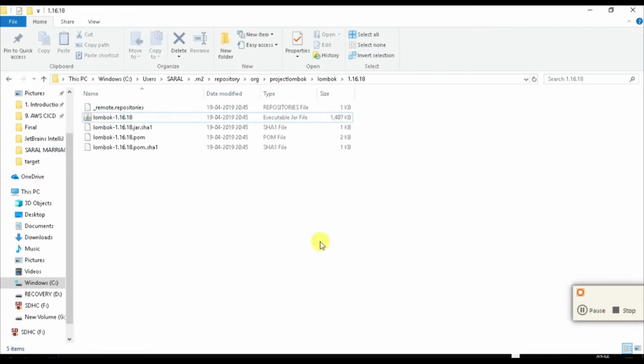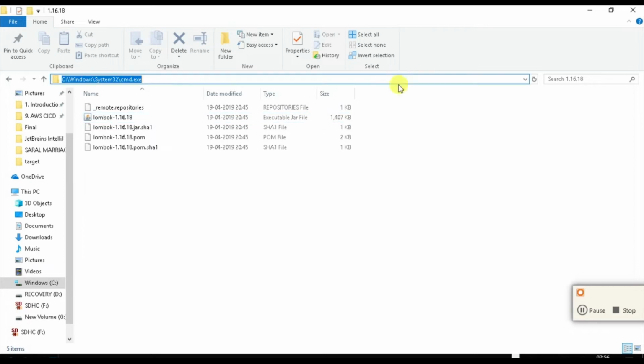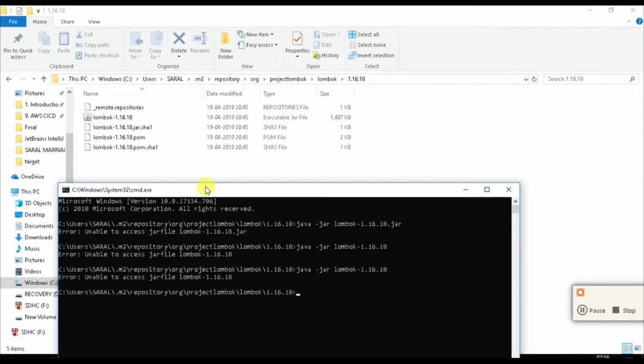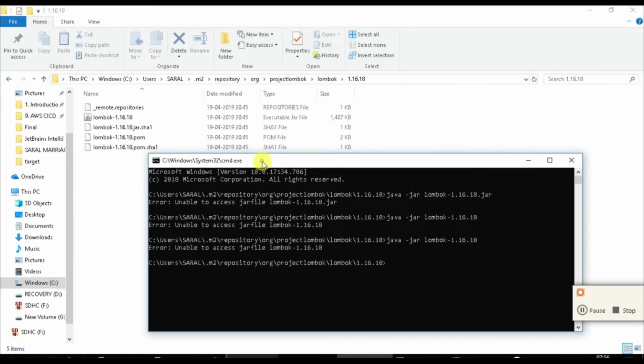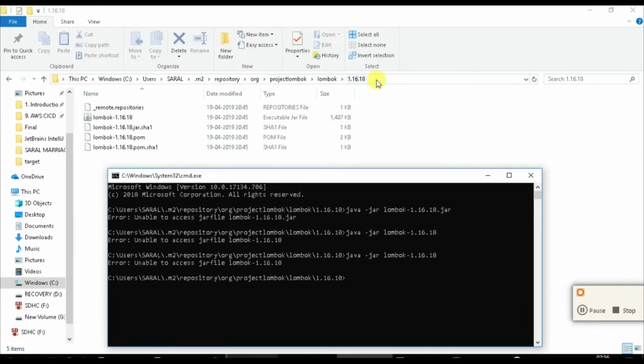So what I have done here is that I have this path of Lombok. I have opened my command window just to show you, and I have the same path which is mentioned there in the command window. I have to basically execute this jar. The normal command is java space minus jar. I am already at this path and I have given the name of this jar file, and once you execute the same,